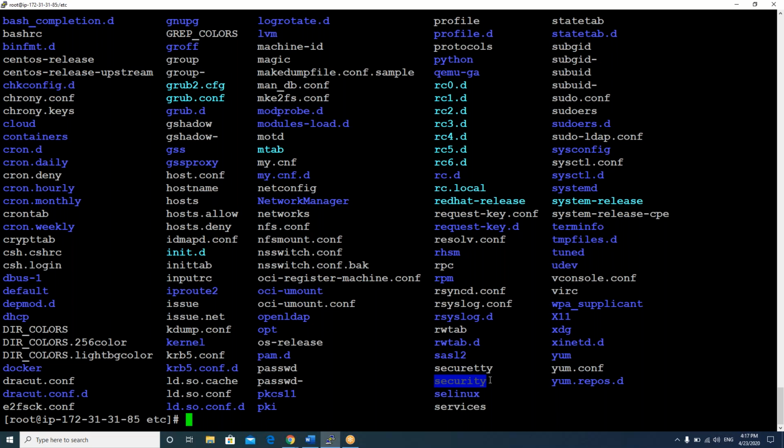Now I'm able to see it, but sometimes in your directory, you may have lakhs of files. So one by one, I have to check whether the security folder or file is there or not. If I do it manually, it would take huge time. So again, the same command, ls pipe grep. ls pipe symbol.